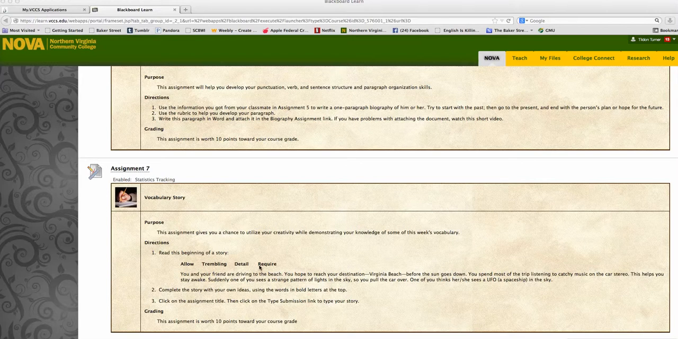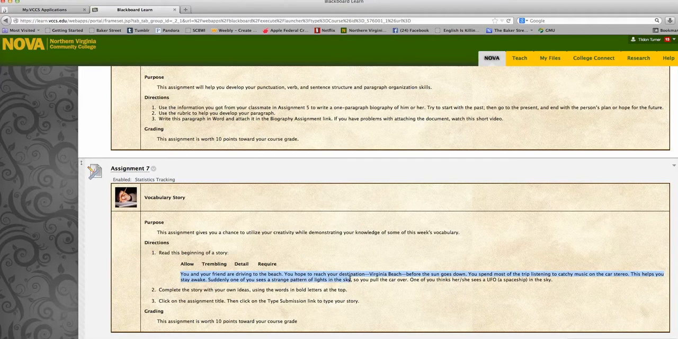So every week you have to write a vocabulary story. I always get you started with a story, like this one for instance. You and your friends are driving to the beach and you see a UFO and I want to know what happens next. So what you need to do is use these four words,